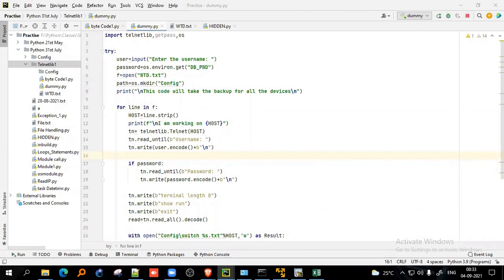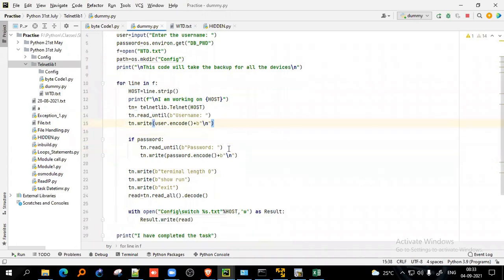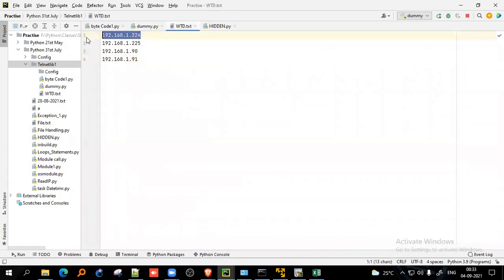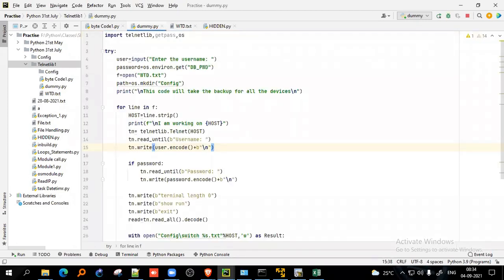Let's stop the code. Just have a look at the code. Tell me where there could be an issue. Host is not defined. Sorry? Host is not defined. Host is defined over here, right? Okay. Where is the IP address? 192.168.1.22, on that IP we are mentioning. That's okay. Okay. Sorry. Let's have a look.